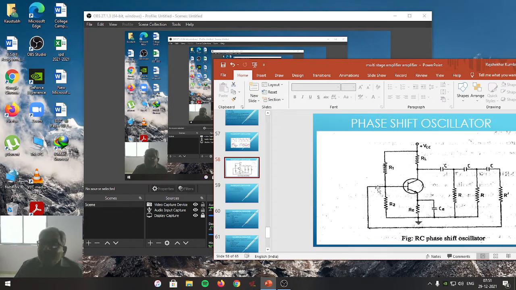Friends, let me discuss this particular common emitter amplifier. The common emitter amplifier makes use of the transistor in common emitter configuration. It is properly biased by using the voltage divider arrangement formed by R1 and R2, so that the operating point of the BJT is located exactly in the center of the load line. Hence, it is going to act as a very faithful amplifier by forward biasing the input junction and reverse biasing the output junction.